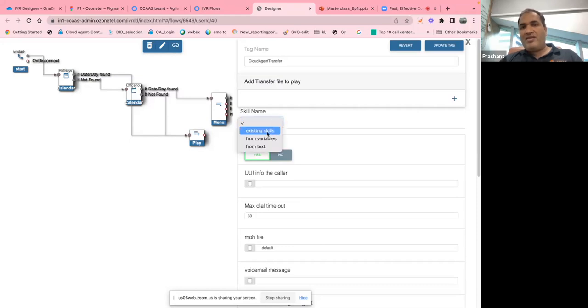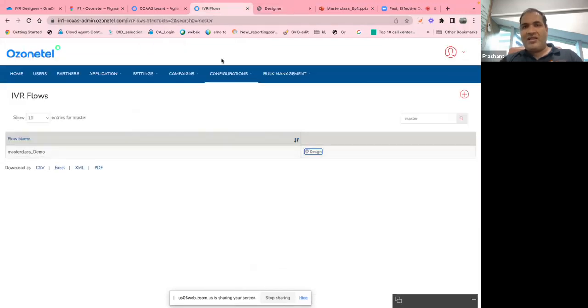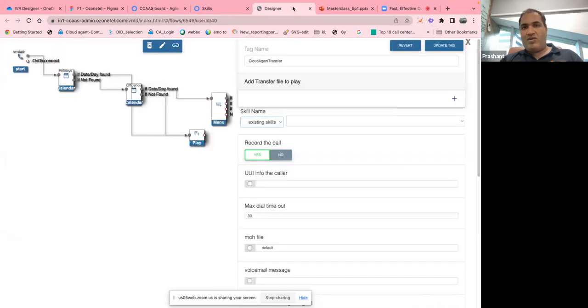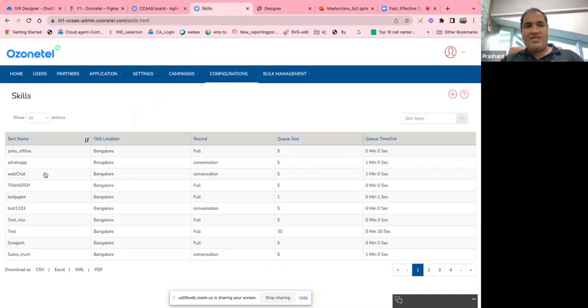Now, the main thing here is to select a skill where you want to route this call. So if you already have created skills in your system, like in this system, if I go to skills, you would see there are a lot of skills we have created here in our demo account. So in our existing skills, you should see the entire list here, and that should appear. For some reason, it's not appearing. Now the backup plan here is I can always type the text. So I can go ahead and say general, okay. And I have a general skill here created already. If you look at it,